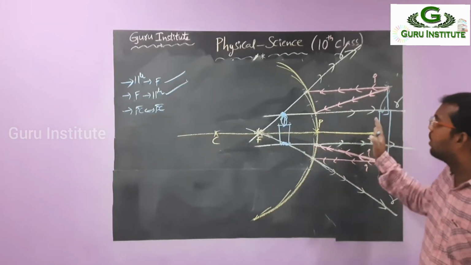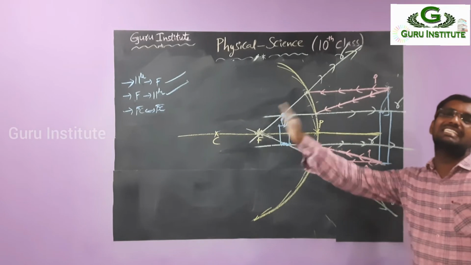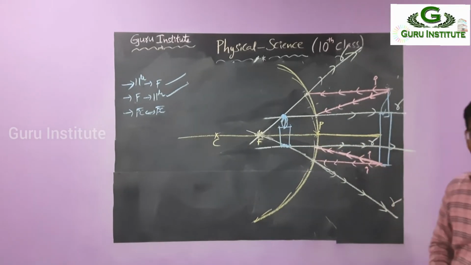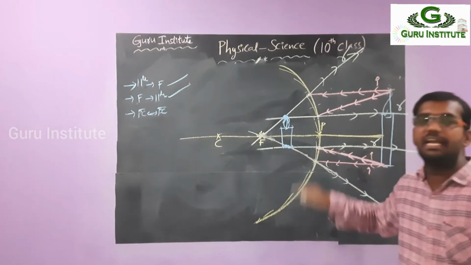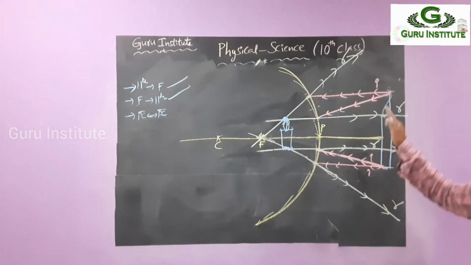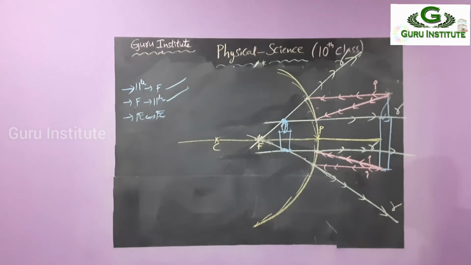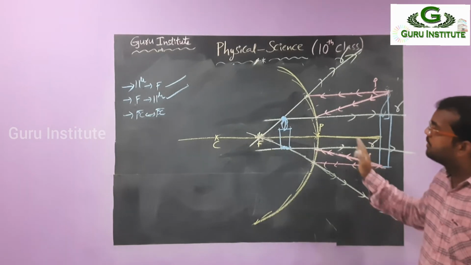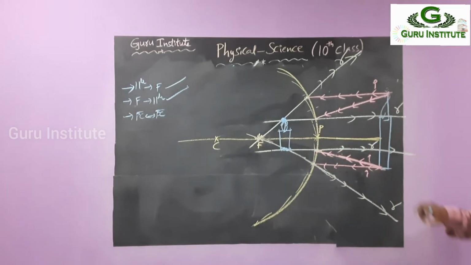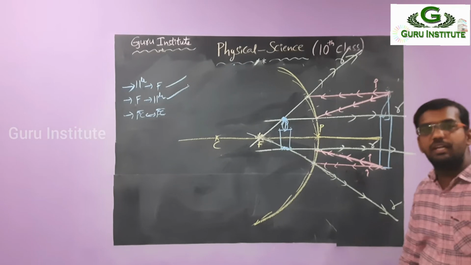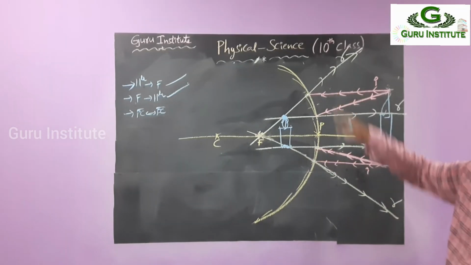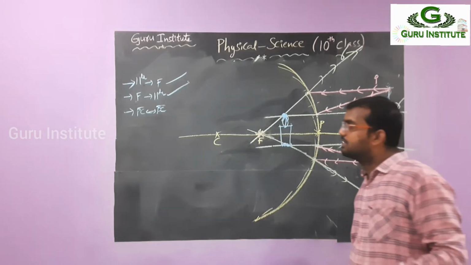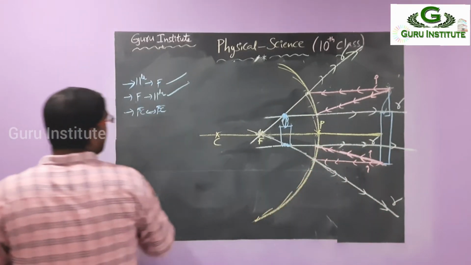What is happening? Always image is formed in the convex mirror, that is inside, and always it should be a smaller one, and always it should be formed between the P and F. P and F. This is the nature of the image formed in the convex mirror. The image is formed inside the mirror only, and it should be the smaller one compared to the object, and it should be formed between P and F. And main important one, it should be a straight image. That means erected image. So in case of concave, what happened?